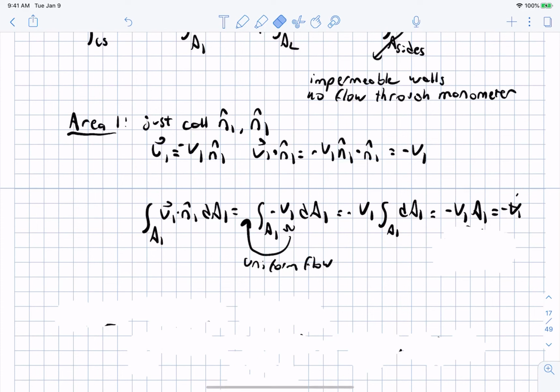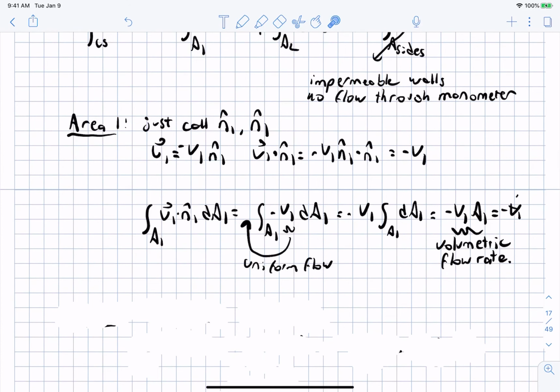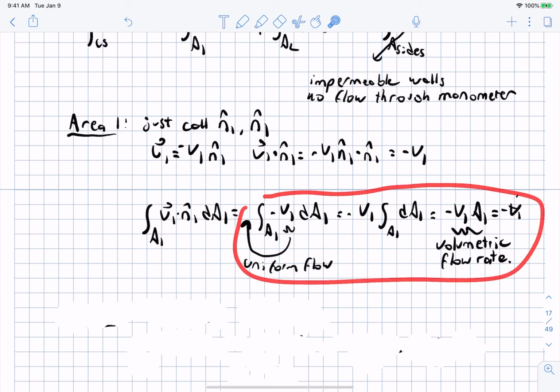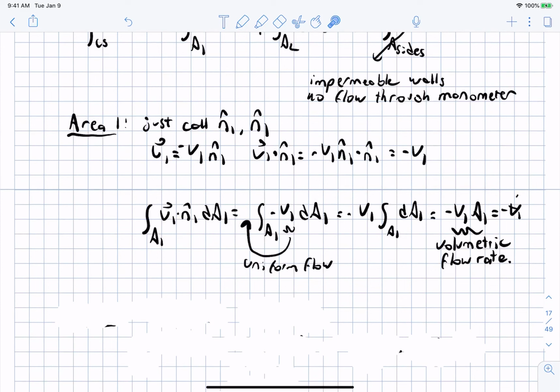And this here is just equal to negative V dot, because again, this is the definition of a volumetric flow rate. And this here is just the volumetric flow rate at station 1. In reality, you normally don't have to go through all this extra stuff. You could argue that this is by definition just the volumetric flow rate, because that's directly what we are given. You just need to make sure and argue that there's a negative sign by this volumetric flow rate,